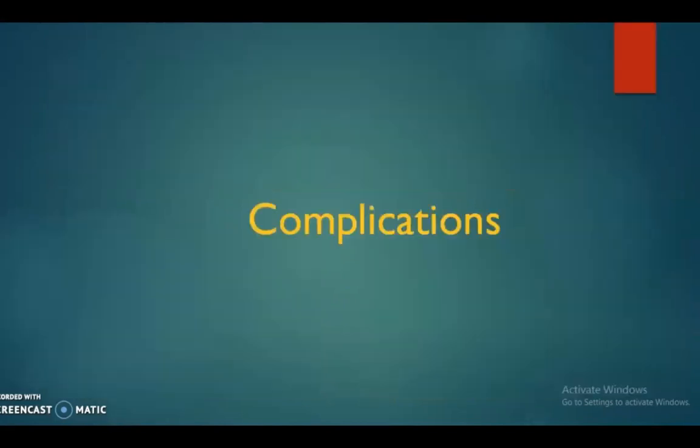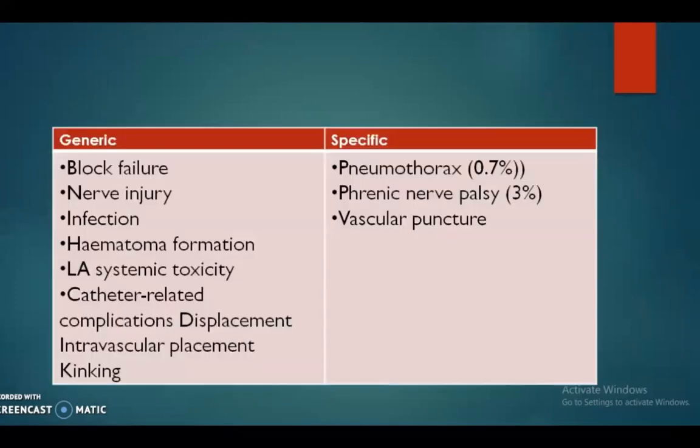So what complications should we worry about when we give intraclavicular blocks? The complications of intraclavicular brachial plexus blocks can be both generic ones like block failure, nerve injury, infection, hematoma formation, systemic toxicity of the local anesthesia, and catheter-related complications such as displacement, intravascular placement, or kinking. The ones which are more specific to the intraclavicular brachial plexus block, apart from vascular puncture because of close